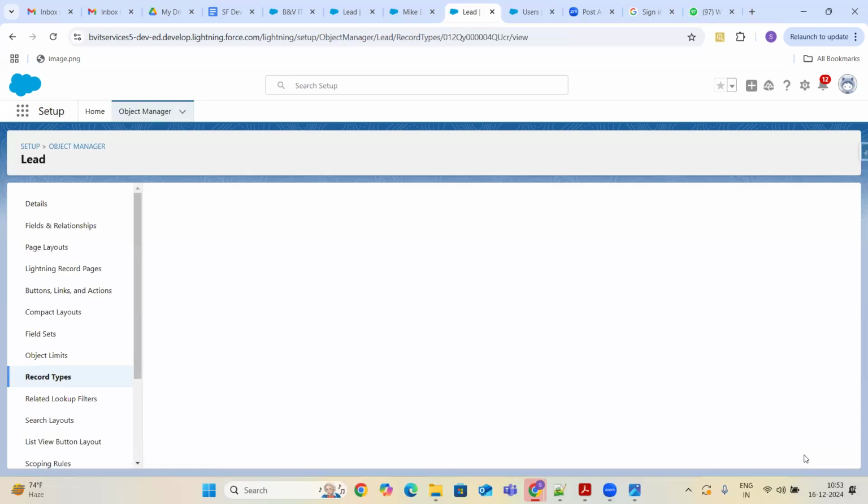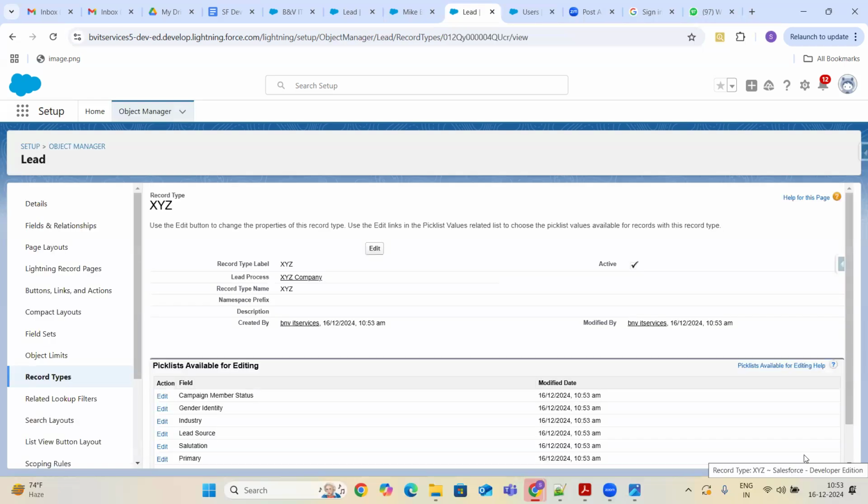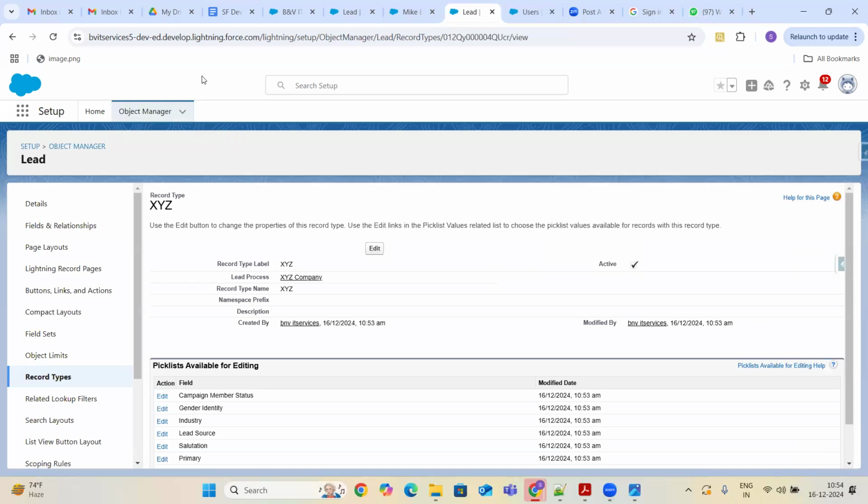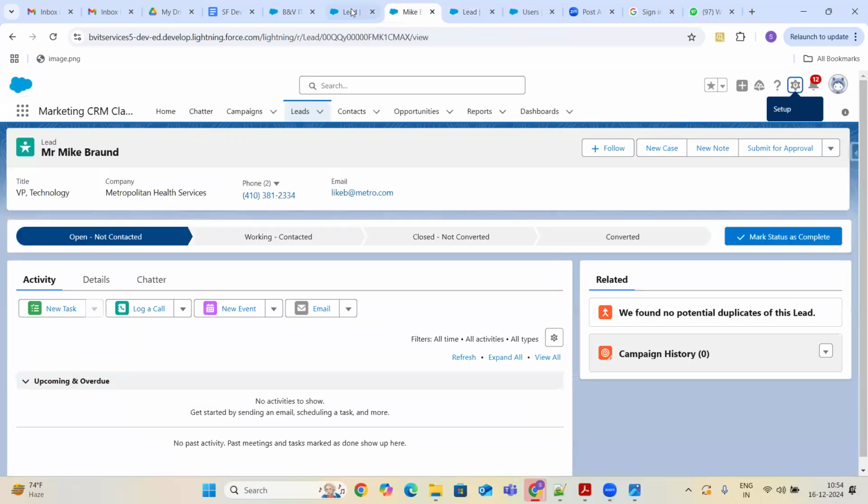Now I'll see how my lead status bar displays for the system admin profile user as well as my other user, the Salesforce platform user. As you know, right now I am the system admin profile user only. My B and B IT services user is a system admin profile user. So let me open the lead record now.